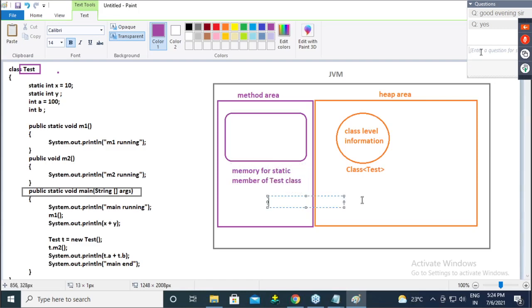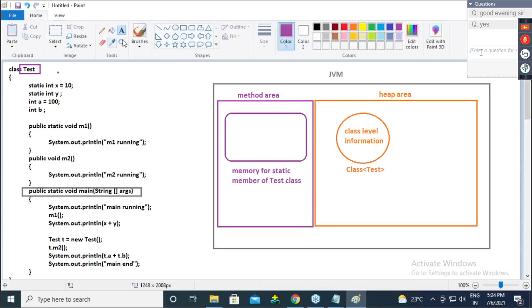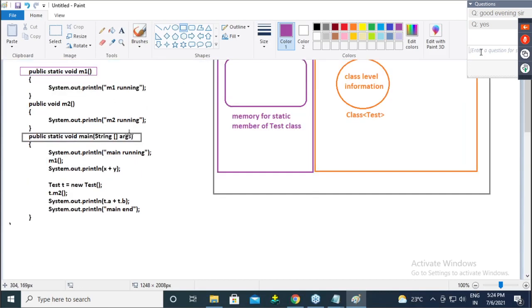Some memory they allocate, and inside this, first they will load x, then they will load y, then they will load the m1 method, and then they will load the main method because that is also static in nature.